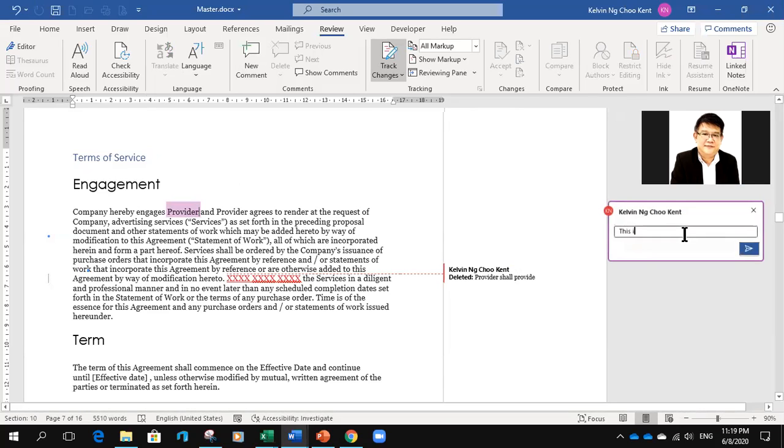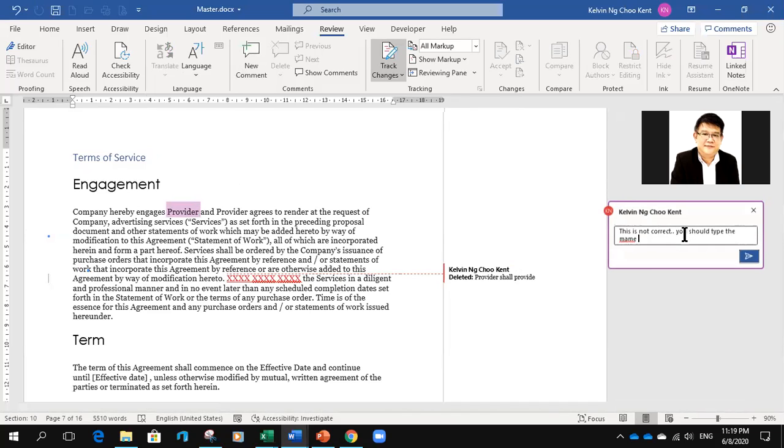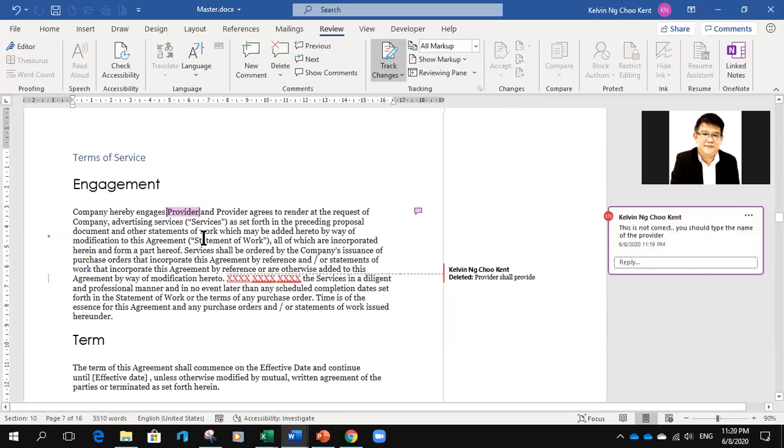Say it says that this is not correct, you should type the name of the provider. So something like that. Let me just change this to the correct spelling. The person who received this document can reply, and go back and forth between them.